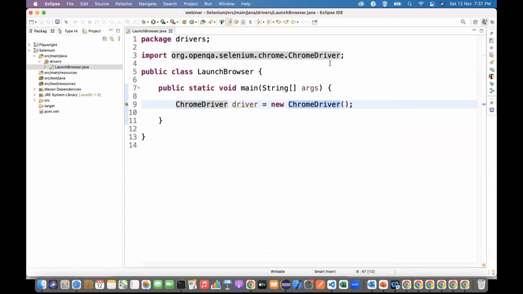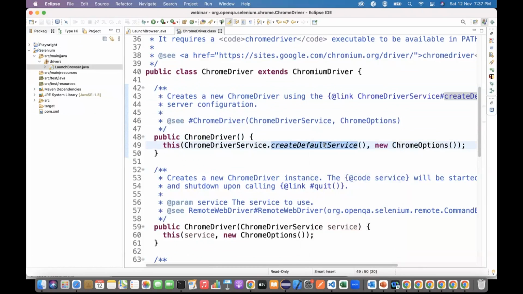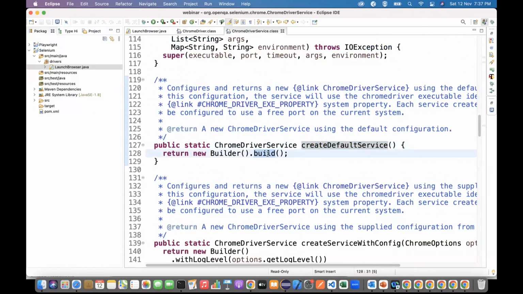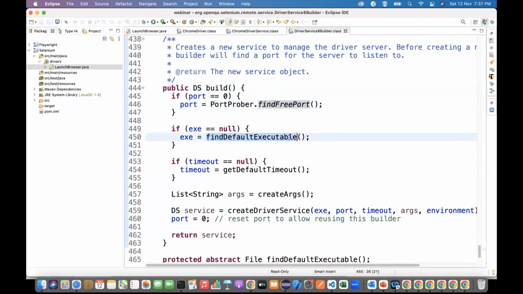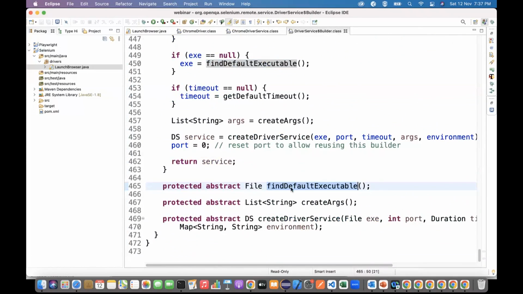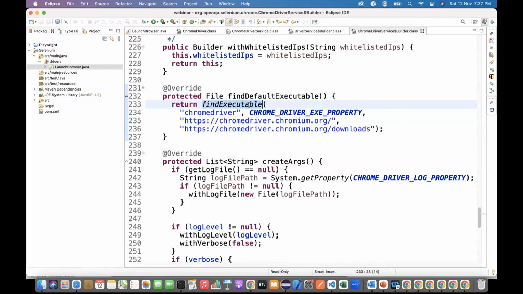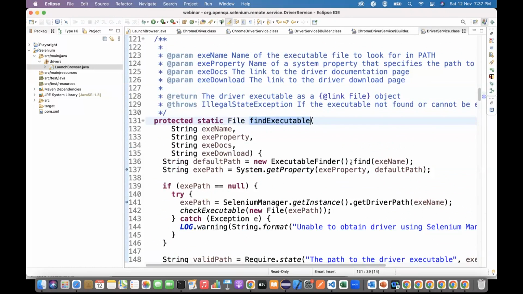You take a look. ChromeDriver service. Again, it's going to call the build. The build is going to do four things for you. The first one is port number. The second one is the default executable. Again, this is an abstract method, no code change. If you see the implementation, let's go to the ChromeDriver service again. The ChromeDriver service internally calls findExecutable. If the findExecutable is not able to find the executable, there is a try catch which is added calling the Selenium